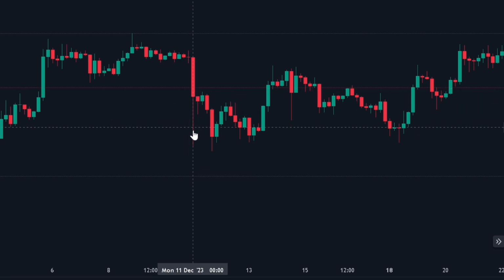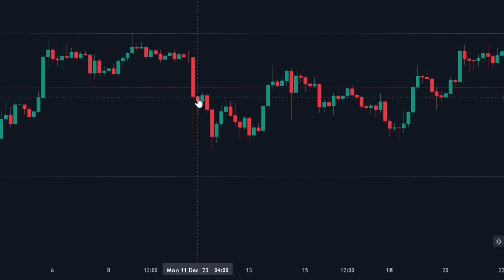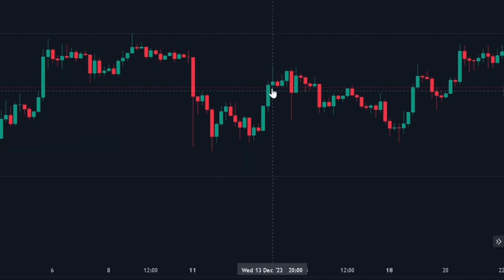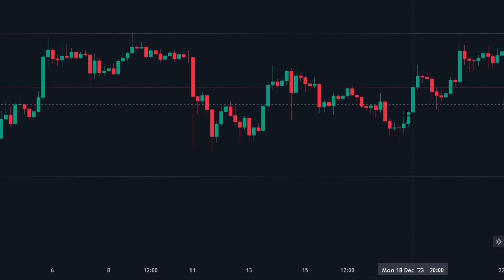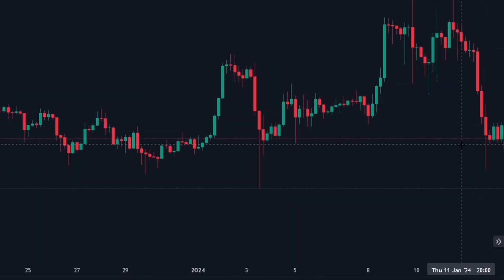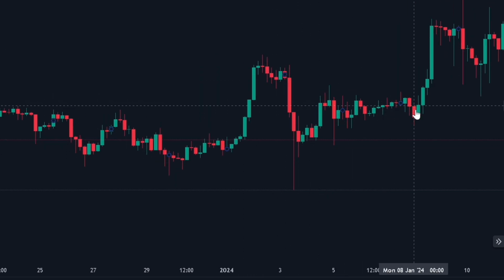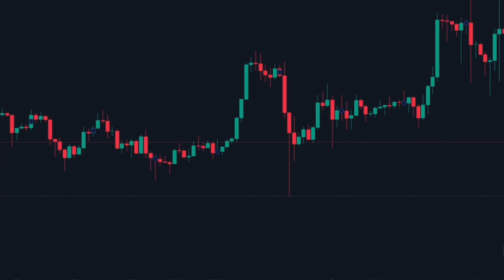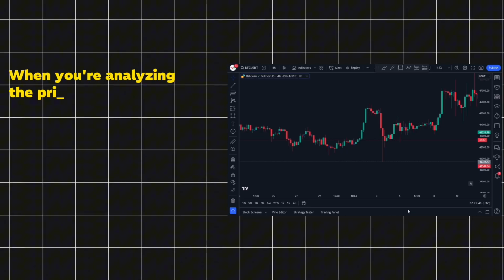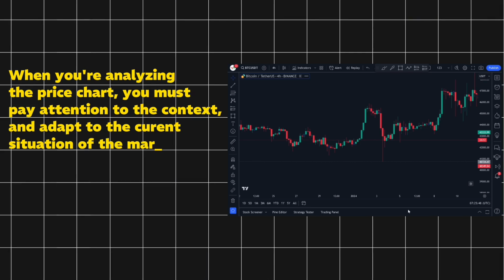For example, on this chart here, you can see that because of a news or a fundamental factor, we had a sudden and sharp declining of the price, but then quickly the market settled down and came back to its normal movement. Or on this chart, you can see that the effect lasted longer, but then the market settled down and came back to its prior direction. So when you're analyzing the price chart, you must pay attention to the context and adapt to the current situation